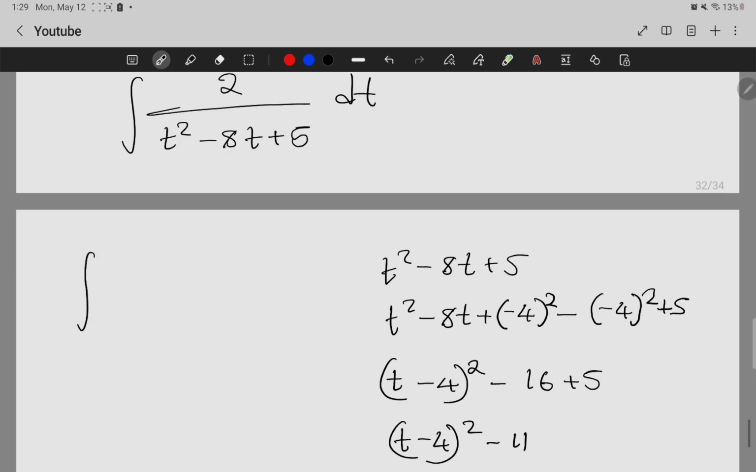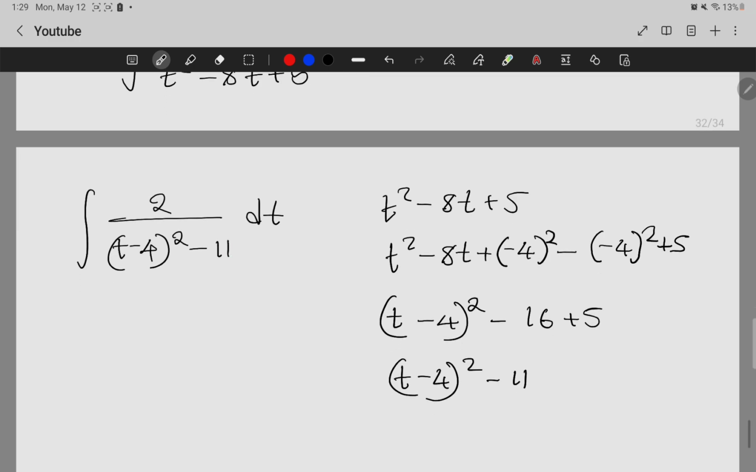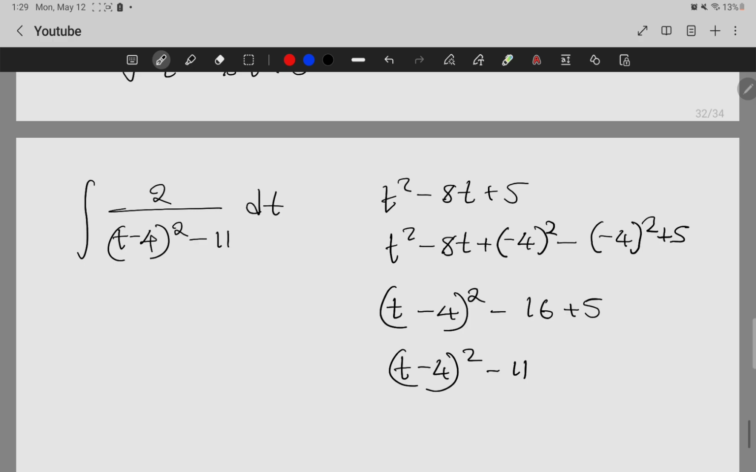So to complete the square, we now have 2 over t minus 4 squared minus 11 dt. So we've ended up in this situation. Now, how do you integrate something that looks like this? For this one, I hope you recall, we're going to let